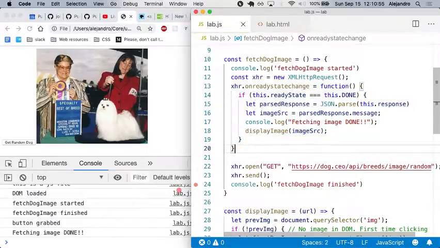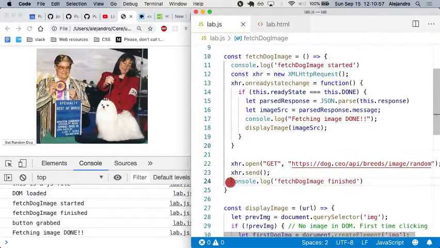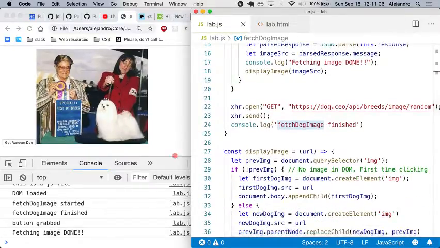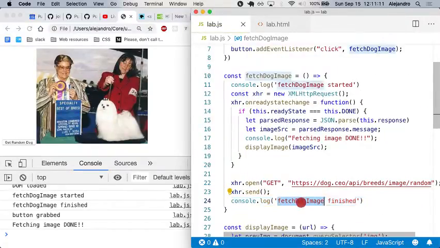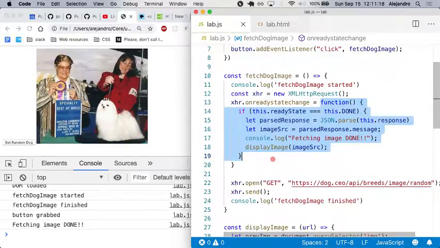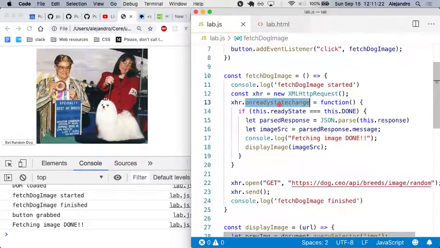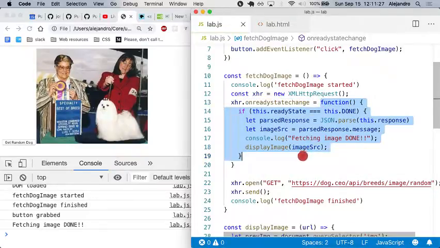Lastly, we send the request, and then we console log fetch dog image, because we're not executing the code inside this function. This will be executed by the JavaScript engine inside your browser. Then we see that the fetch dog image finishes, and then lastly, after this has finished,